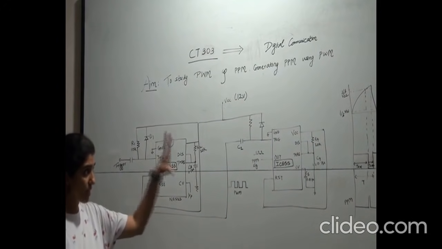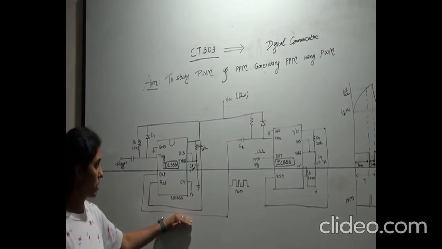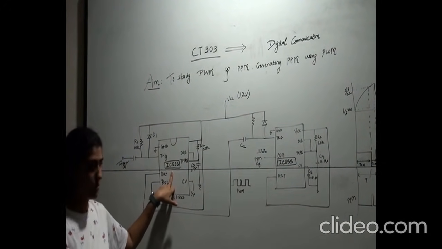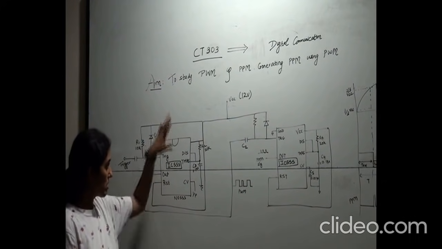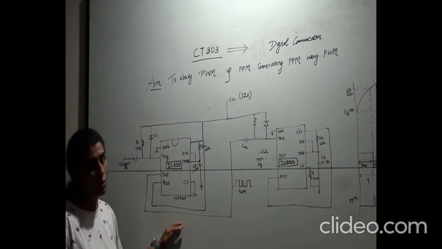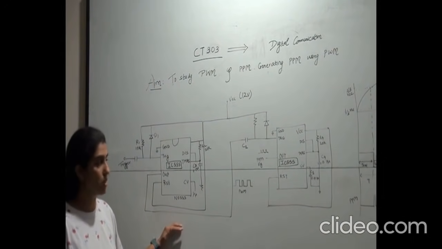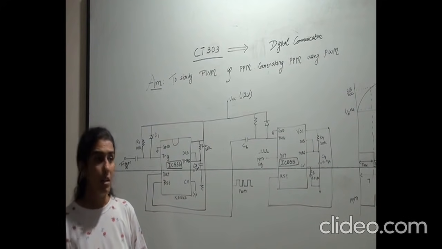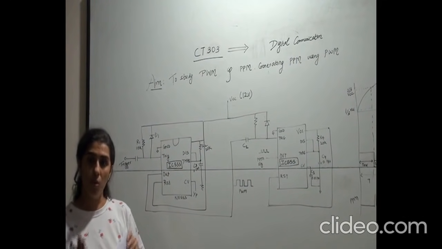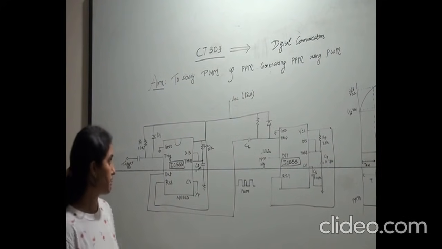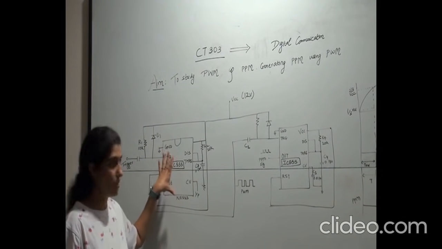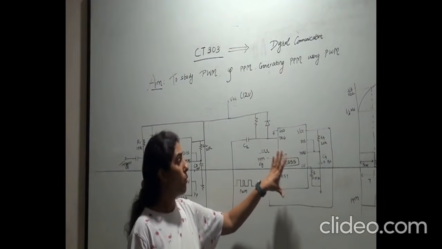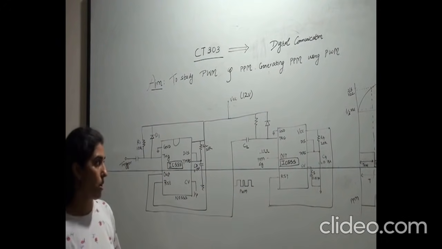So the circuit diagram for the same experiment is given over here. The main component of this is IC 555. This is used in an astable mode. I hope you all know what an astable multivibrator is. An astable multivibrator does not have any stable mode. It changes its mode whenever it is triggered. And this is used as a monostable multivibrator, which has one single stable mode.